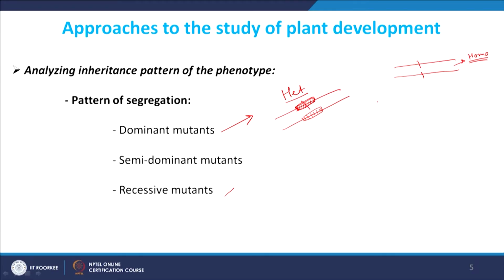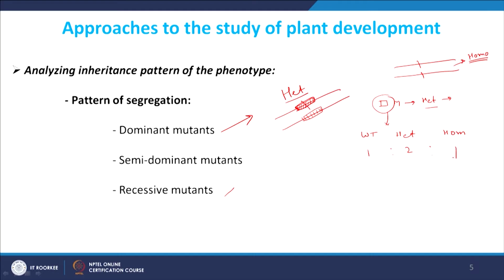So, you take this mutant plant and go to the next generation. In the next generation, let us assume your mutant plant was heterozygous, and if your mutation is dominant, it will already have a phenotype, but if it is recessive, then your mutant plant will not have the phenotype. But if you go to the next generation, you are going to get wild type, heterozygous and homozygous population in the ratio of